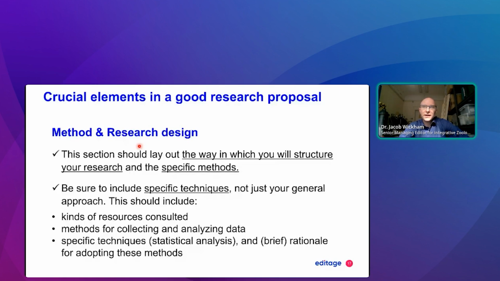You can break down your research into different questions or different chapters that you plan to have, and you can include specific methods, intended sample sizes, any pilot studies that you may have had. When you're making a grant proposal, the grant reviewers really love to have pilot studies. So if you do have any pilot studies, you can include them in your research, or if you haven't done any research yet, you can propose your methodology that you intend to follow.